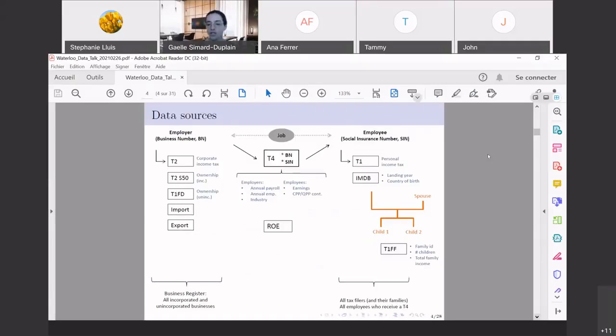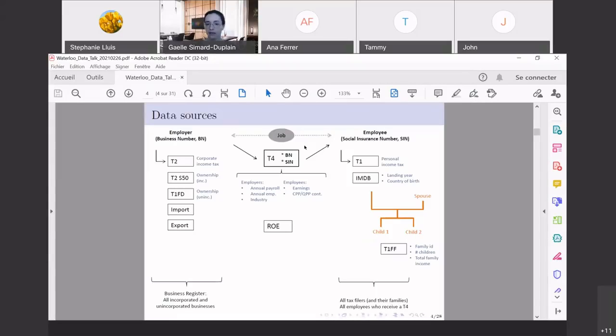So to give you a sense of what SEED is, and I'll tell you in a second why it's important, but bear with me as I show you all the acronyms. SEED is a linked employer-employee data set. So we have employers on one side, we have employees on the other side. The thing that's going to link them is a job. And so from an on-paper perspective, it's going to be the T4, right? The payment slip that's issued from the employer to the employee is going to be the key to that